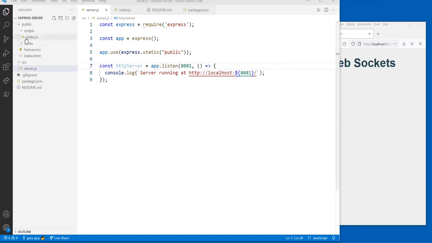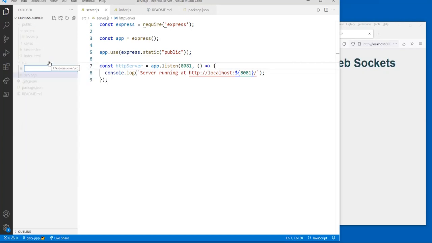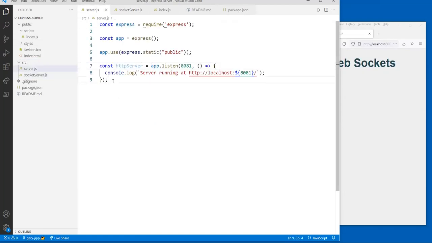I'm going to build another file because it'll make it easier. I could do it in here, but let's make it in a separate file for now. Let's build ourselves a little file, we'll call it our socket server.js. I could put all the code in my server.js, but I kind of want to keep it clean